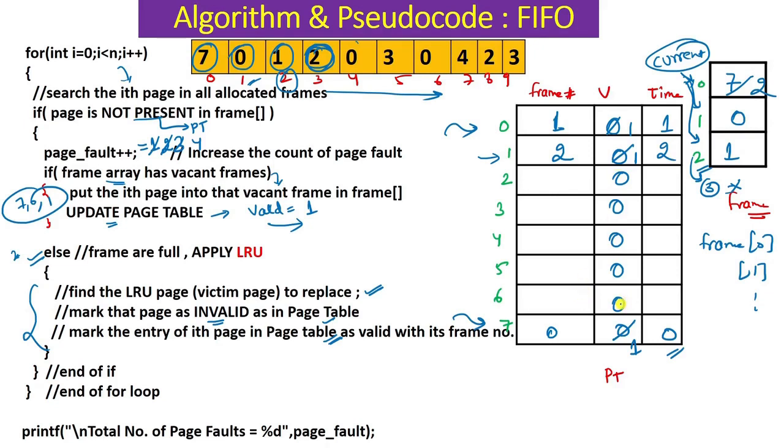in the page table one very important thing, we have to update the time of access. In FIFO we were just updating the valid bit and frame number for this new page 2, but here we have to update this also. So 2 was accessed at 3, because this is the main key point in the LRU. So all the 3 things will be changed, right? So this way we will go on and finally we will print the page fault. So let's see with the help of code how we will work this out.